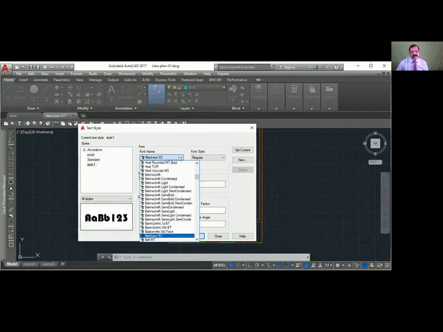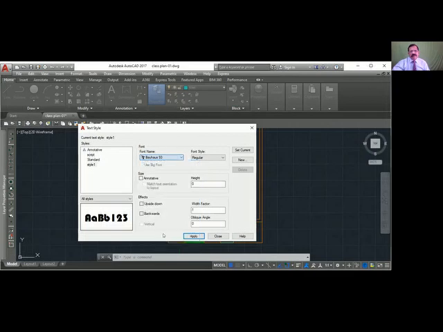Okay, I want to use this one. So this style is using this font. Now I know the name, so I can change it if I want. I can keep the same name, or I can rename it. I can give the same name here, Bauhaus. Better to avoid capitals.